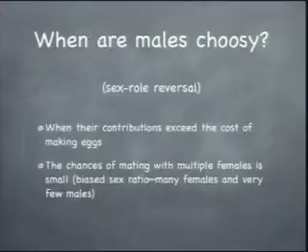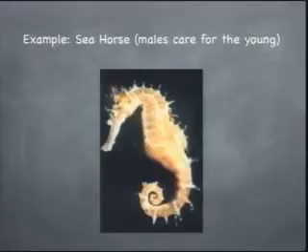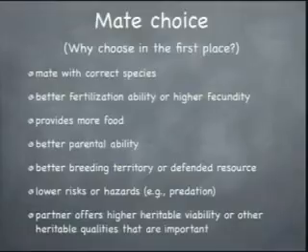Okay? There are cases where the roles are reversed, where the males are the choosy ones. And in those cases, the male is doing something that's so costly that it outweighs the female investment. A good example of that is seahorses, where the female is just kind of, here are the eggs, I'll see you later, or actually I won't see you later, right? So they fertilize eggs. The seahorse male cares for the young for a long time, so it's very costly. So the male seahorse is the choosy sex. But that's an exception to the rule. It's almost always the case that the female is the choosy sex.